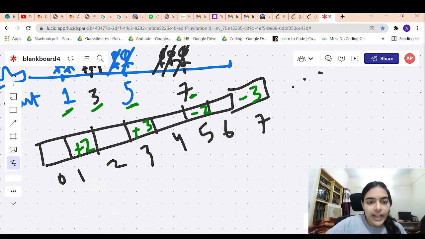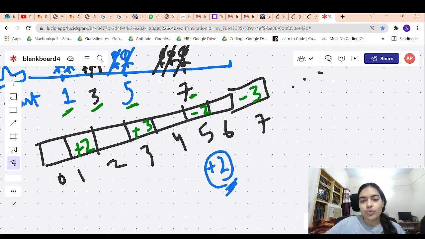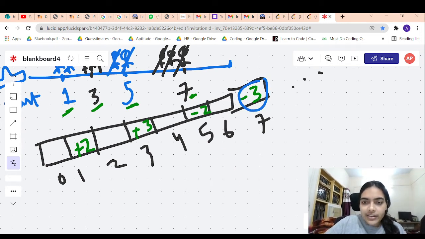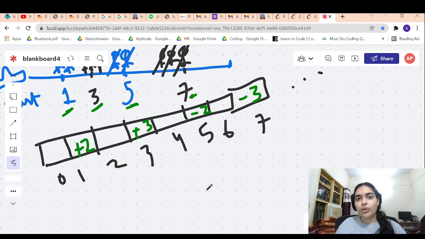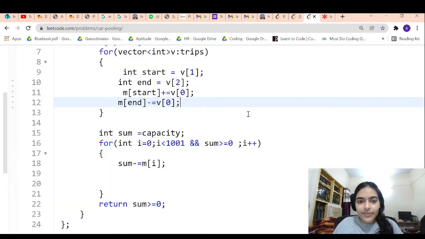Now I come here, I subtract 3: 3 minus 3 is equal to 0. Now I come to this point, I subtract minus 2, that means I add 2. Now my capacity is plus 2. Then I add 3, so it will be 5, and so on. I started with 5, and I will end at 5 finally. This is just another way of doing the problem. In this case it was true because our sum is finally greater than